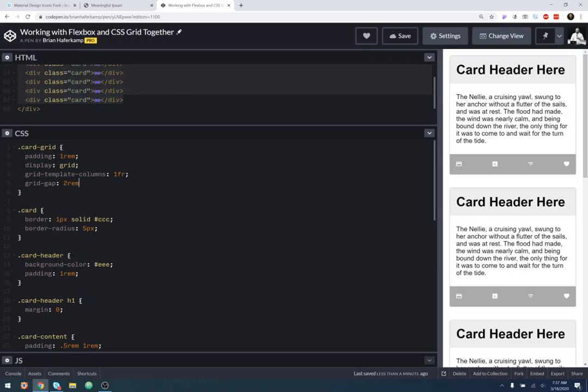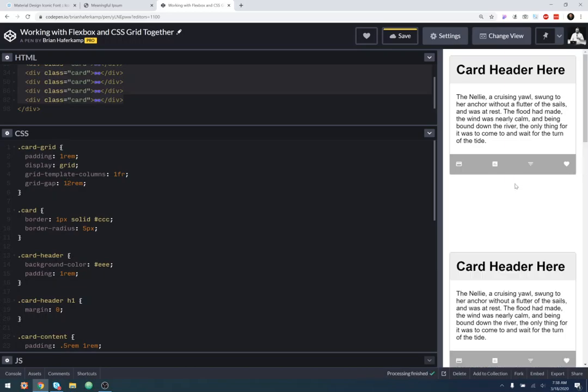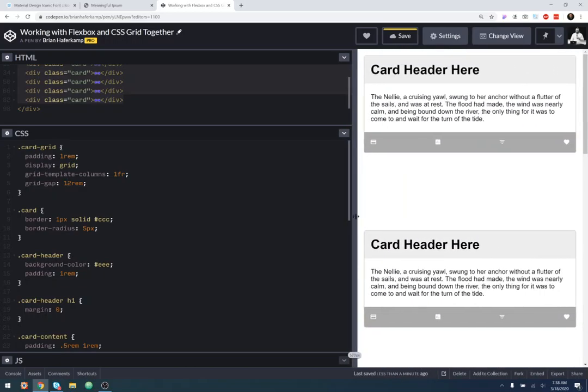So if you go real wacky with this, you can see that it only creates internal space. There's no external space that's being created here. So that's the power of grid gap, to be able to control the spacing in between. We can use